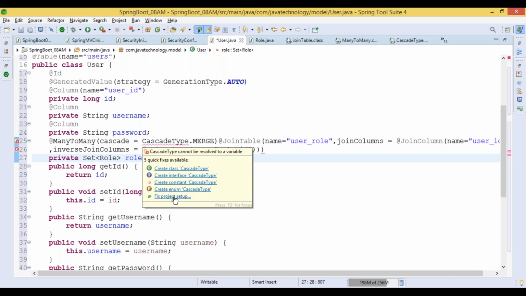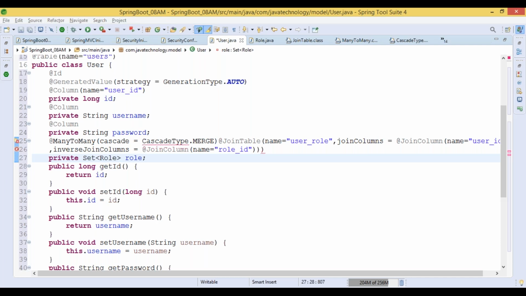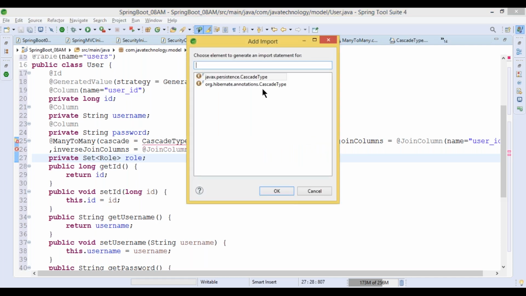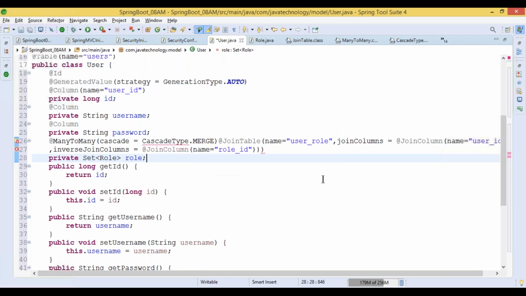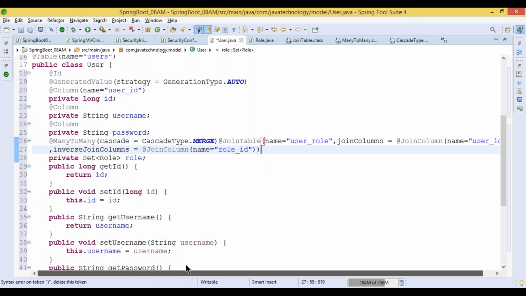What happened? Okay, issue resolved, but some closing braces. Nice.